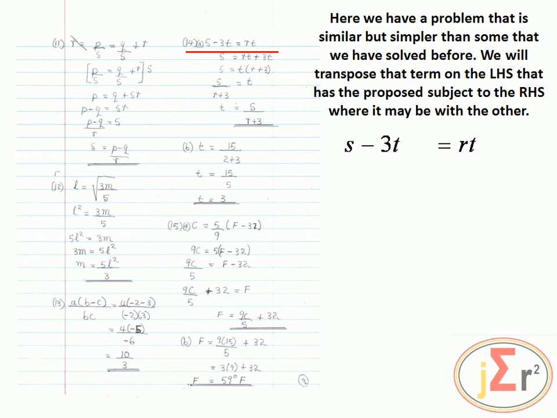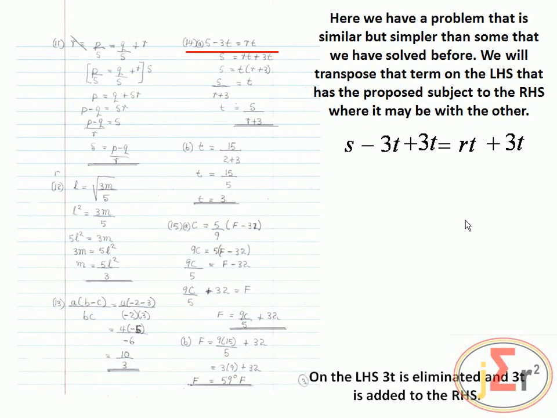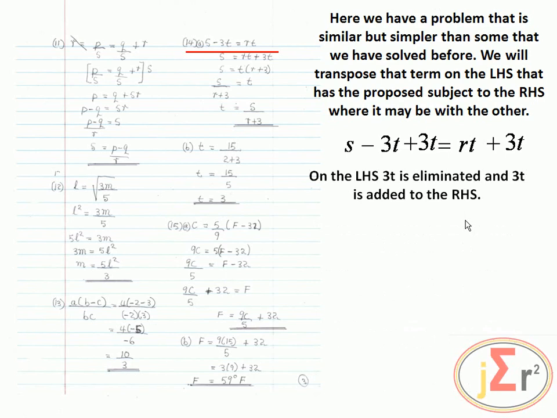And we will take the opportunity to avoid introducing unnecessary negative signs by transposing this negative 3t to the right hand side, and that we will do by adding 3t. We have to do that to both sides. So on the left hand side, 3t is eliminated, and on the right hand side we have RT plus 3t,